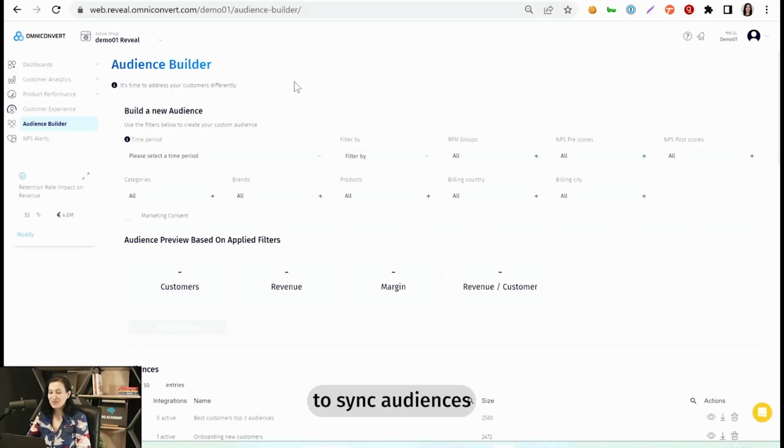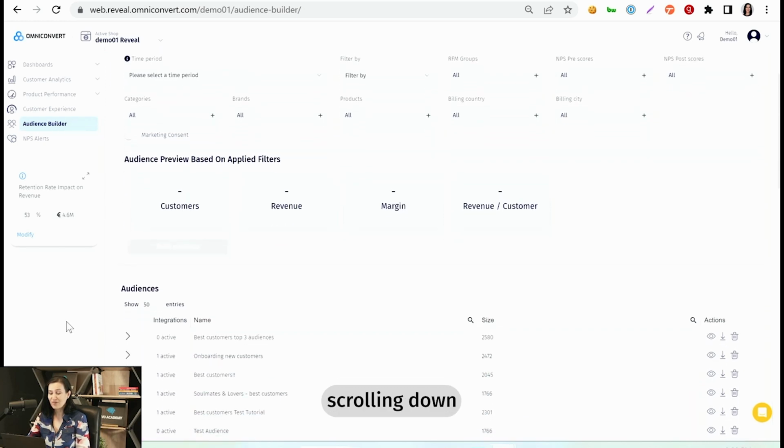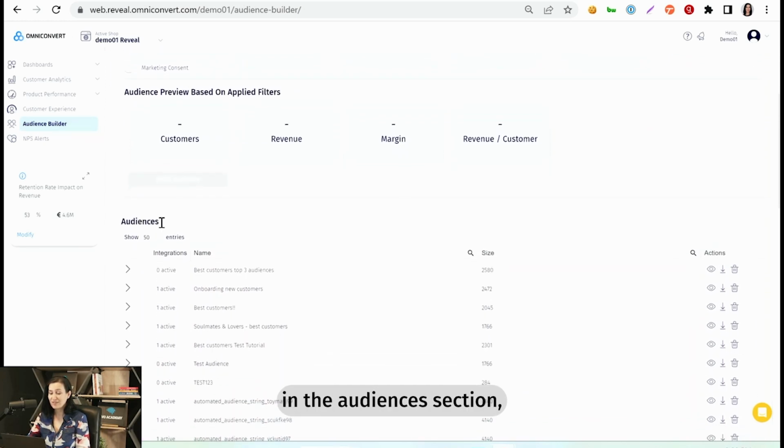So we'd like to sync audiences now into Facebook. Assuming that you already have audiences created, and you can see that in Omniconvert's Reveal Audience Builder section, scrolling down in the Audiences section, and assuming you already connected your Facebook account with Omniconvert Reveal. If you haven't done so already, you can do it by following the steps in the video that you find